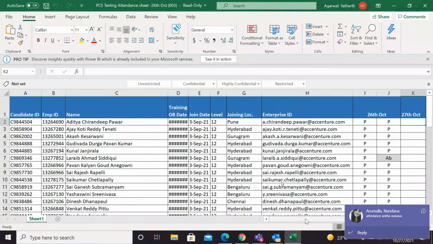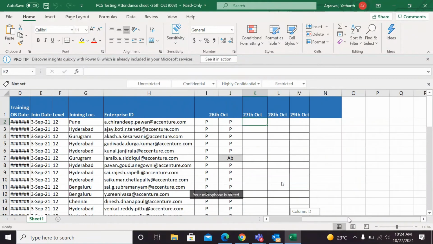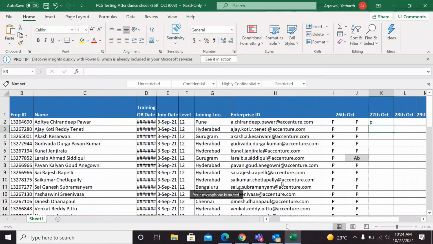Aditya Chirandeep Pawar. Present. Ajay Koti Reddy. Present. Akash, present.